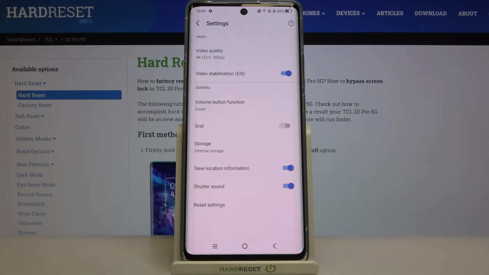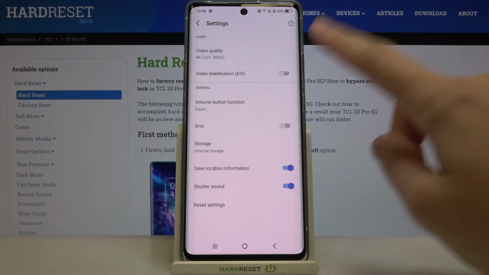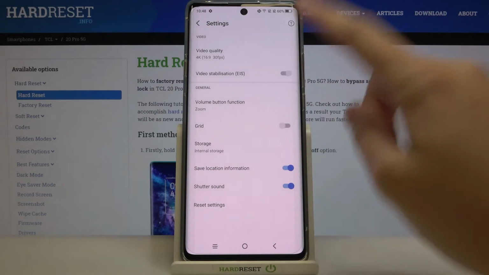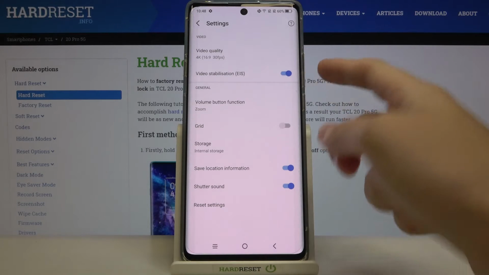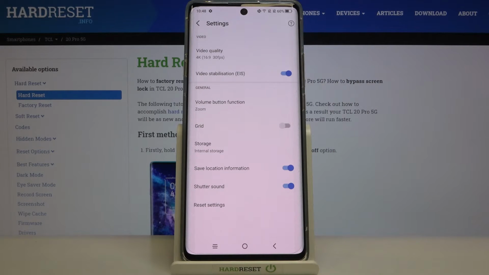In the video mode we have the video category at the first place. At the second position we can see now the video stabilization option, so by using the button from the right we can easily turn it off and turn it on as we need. And on this device and in this video mode we have one extra way to stabilize our video better, so